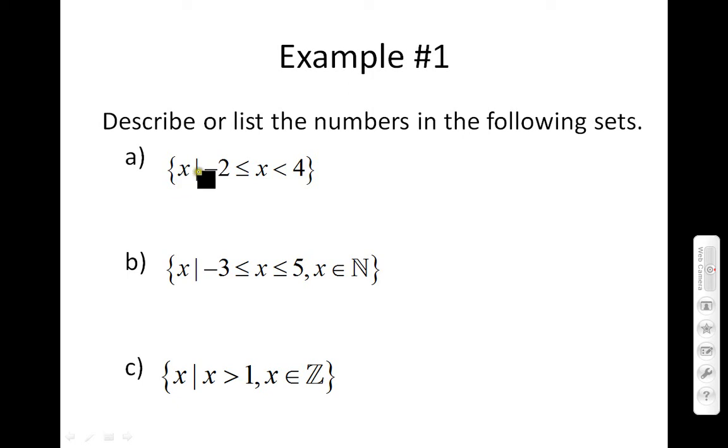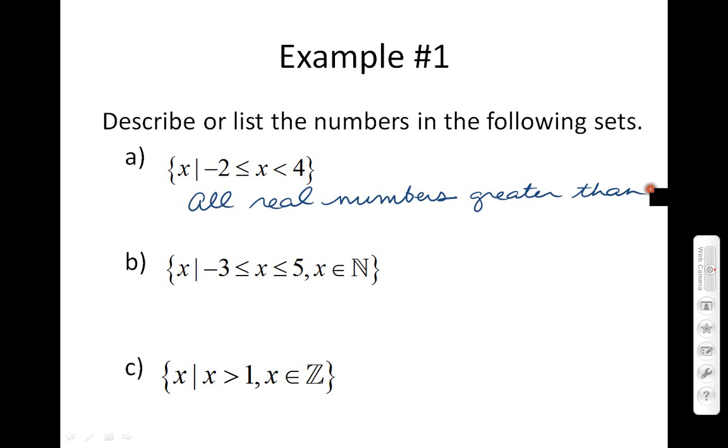Okay, the first interval notation. This is read that x such that -2 is less than or equal to x, which is less than 4. Okay, that's a lot of real numbers. So I couldn't really list them, but I can describe them. I would say that this represents all real numbers greater than or equal to -2